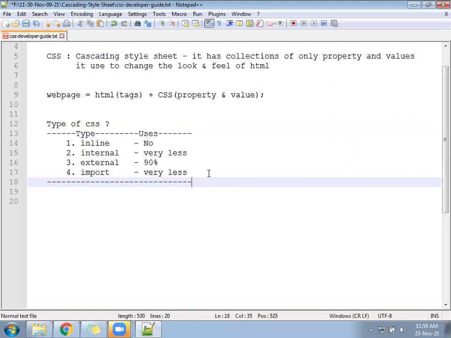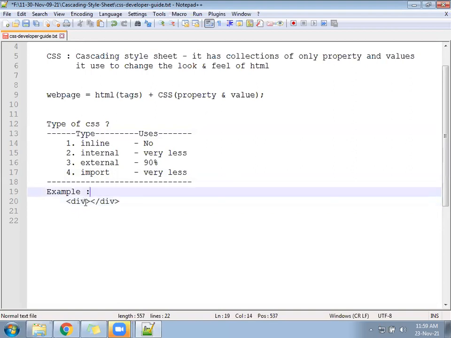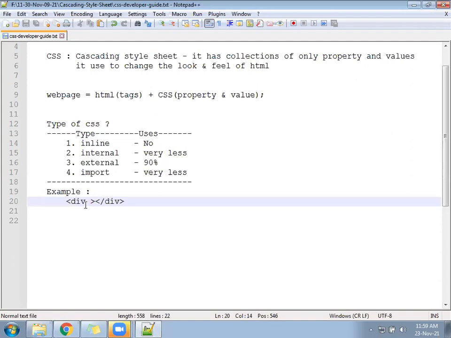Example. Suppose we write a div and close the div.